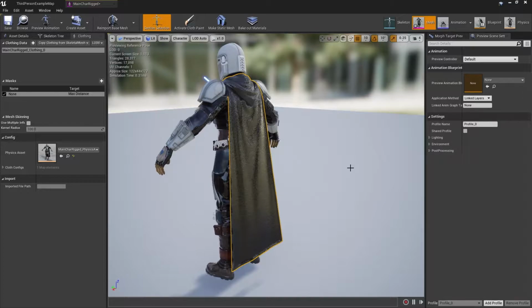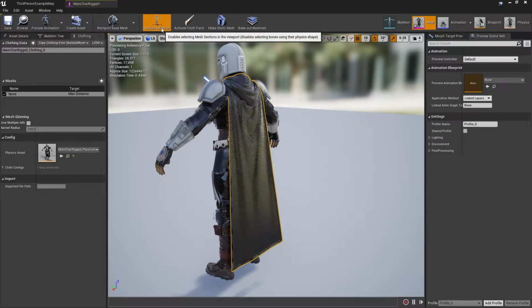You can add many more data for the different clothes in the mesh. You can change the settings and properties of the clothes from clothing data right here. But my suggestion is to leave it at default because Unreal provides us really good settings for the basic clothing effect.